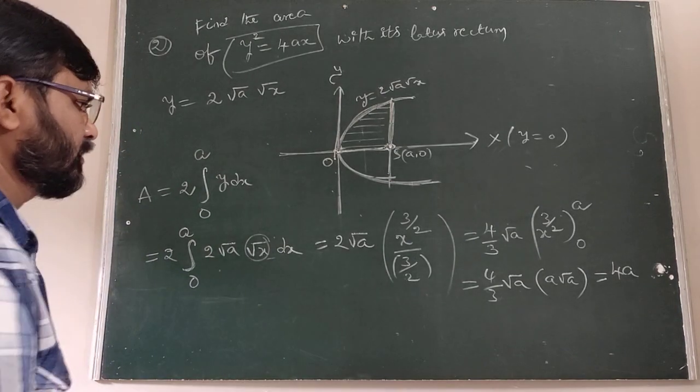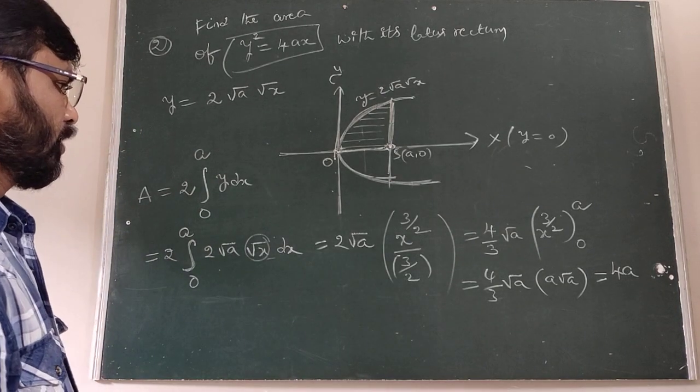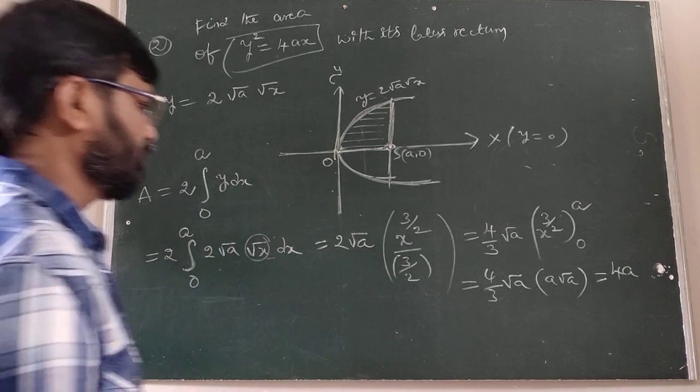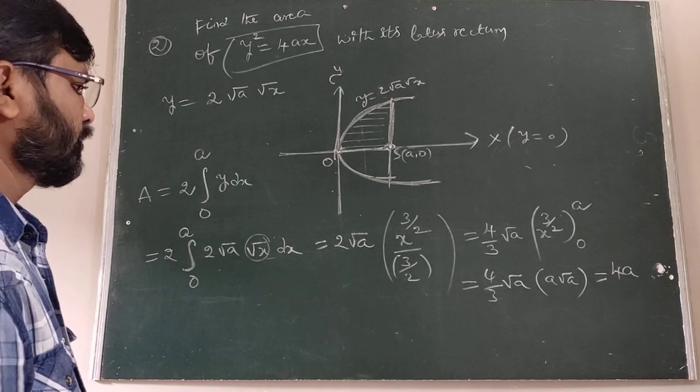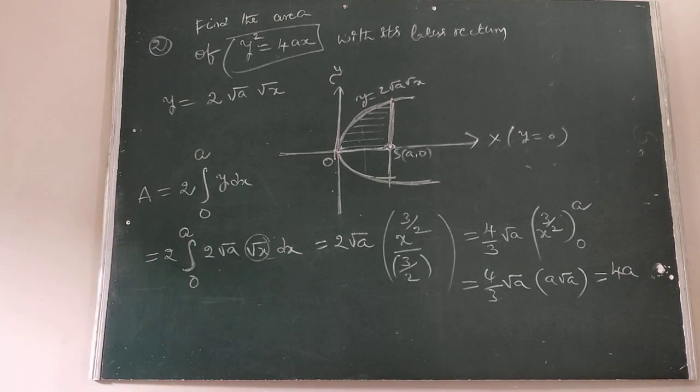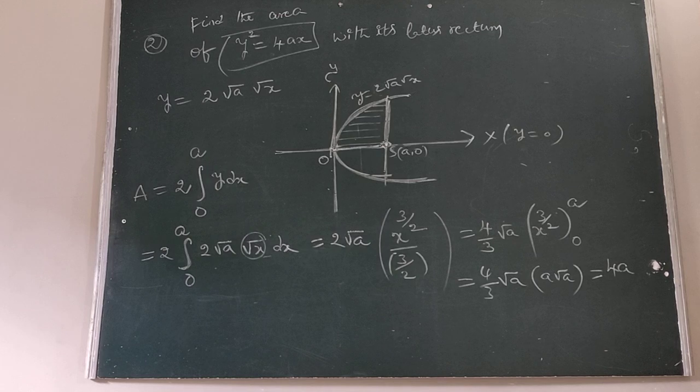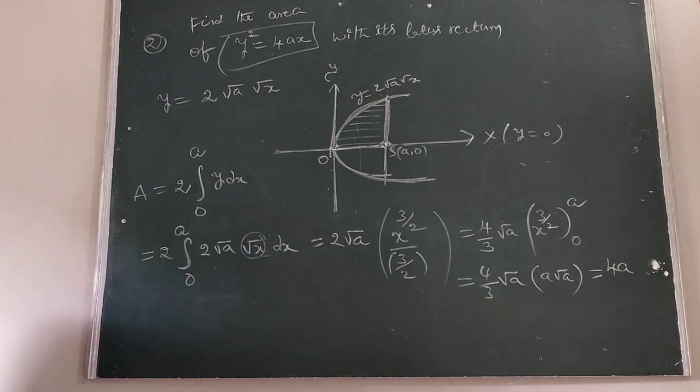Is it clear or not? Okay, how to write this one? Okay, this is right. Yes, a small mistake is there here. The twice into, all of you wait 1 minute. 0 to a, 2 root a, okay, 2 root a of x. So here we found a small mistake.